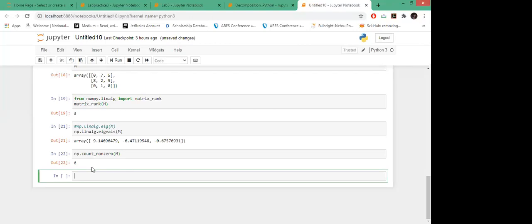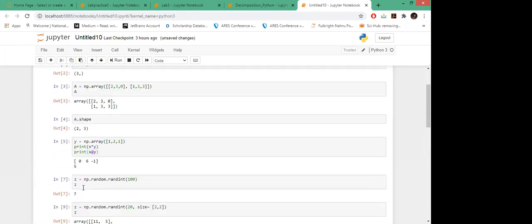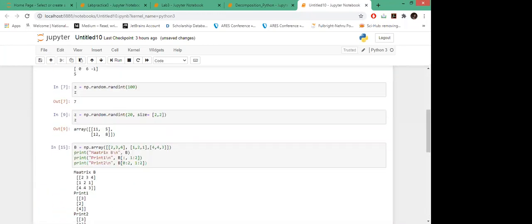So these are the small commands which you will need while working on any matrices or your data matrix. You don't have to always use loops, we have inbuilt functions for that. So these are some basic commands, and these are widely used commands for the NumPy array.